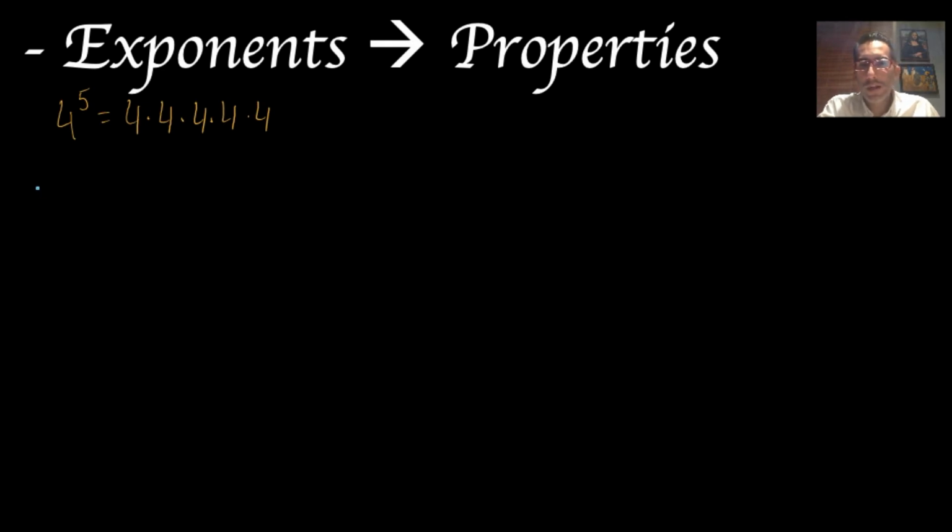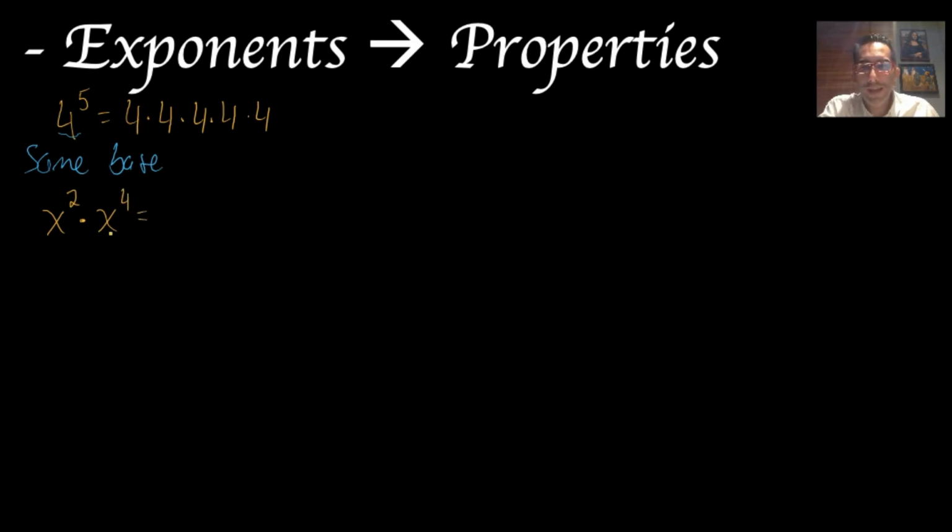So the first set of properties that we are going to discuss are when the expressions have the same base, okay? Remember that the base is this number right here. This is what I will call the exponent. So if we have expressions with the same base, let's say that the base is x, so x to the power, could be 2, if I multiply them, so times x to the power of 4,